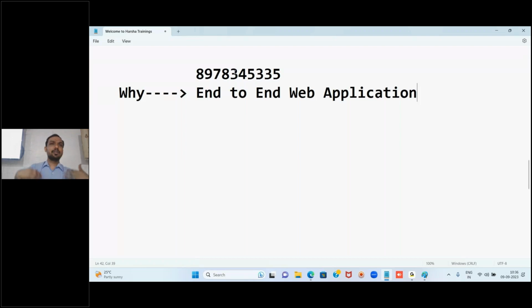End-to-end means there will be no activity done by someone else. You alone are responsible for all the activities, at least in a position to handle all the activities related to the web application from the starting to the ending. So, complete end-to-end web application development.